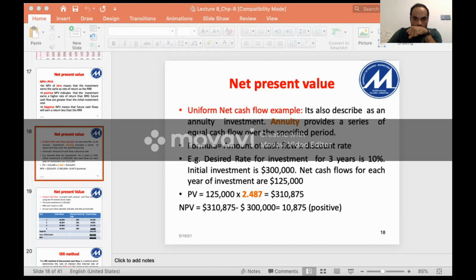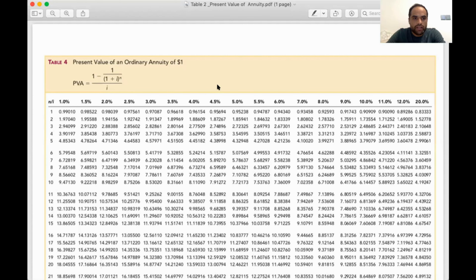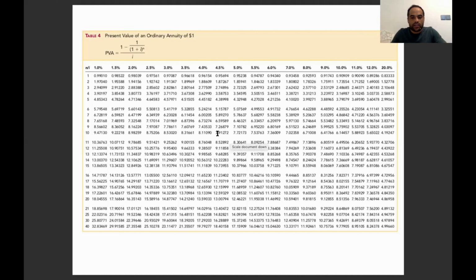Okay, so I'll show you the table. It's an even cash flows, right? If it's even cash flows, we're gonna have a look at the NUT table, all right? So here is your NUT table. You can see that, I hope. So in this NUT table,